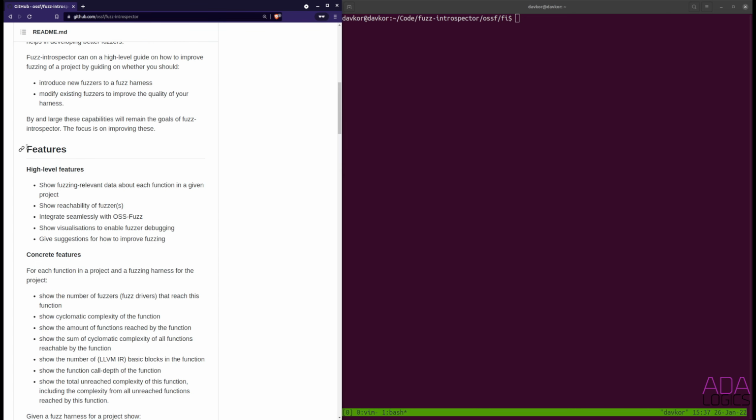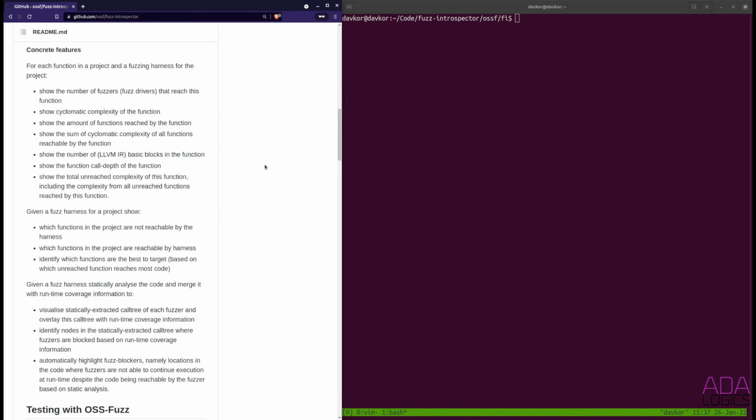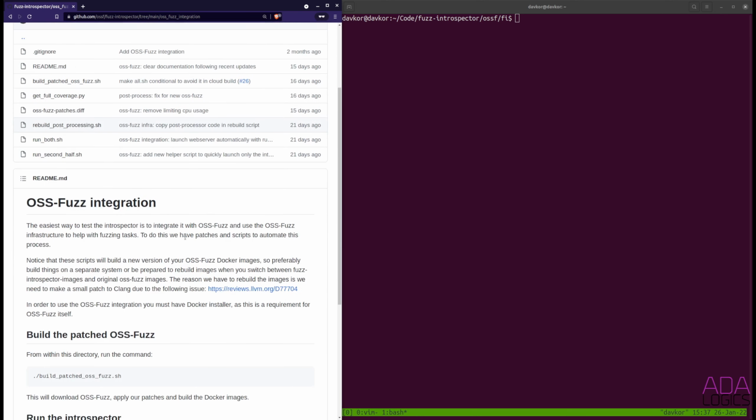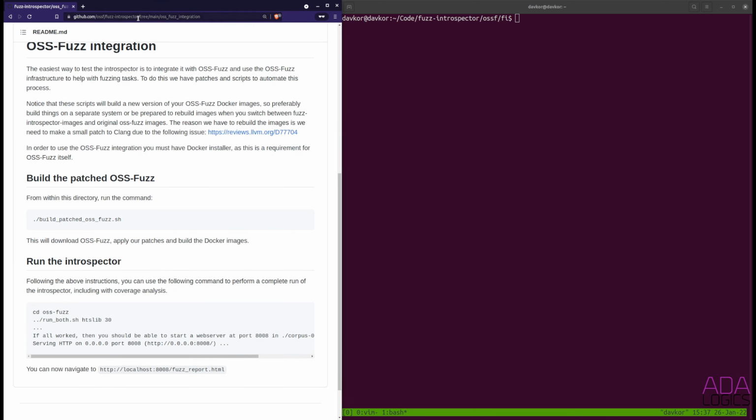and you can also see, first and foremost on the README, that it has a long list of features, and it also then has instructions on how to test this with OSS-Fuzz, and that's exactly what we're going to follow. So the first thing we're going to do is we're just going to clone the repository over here,